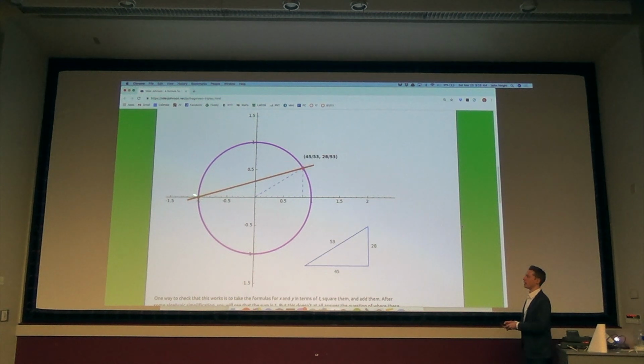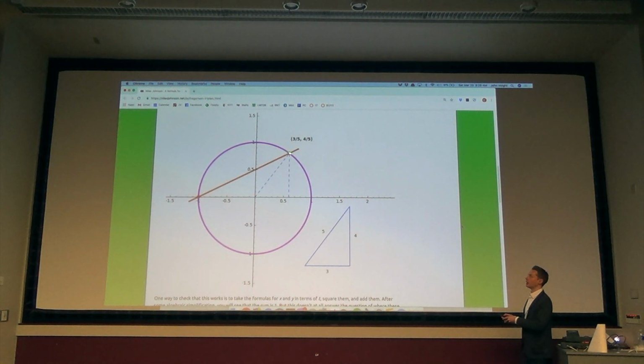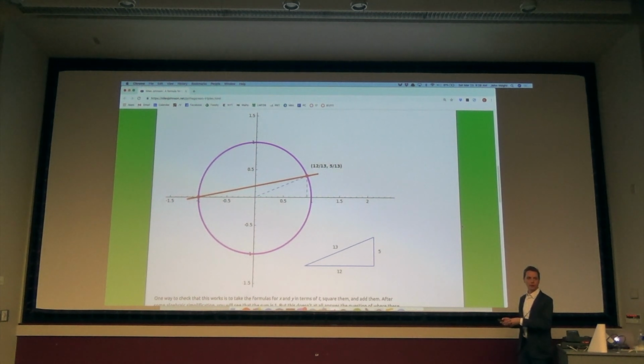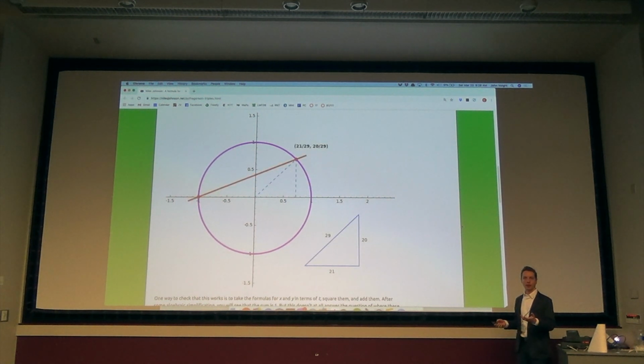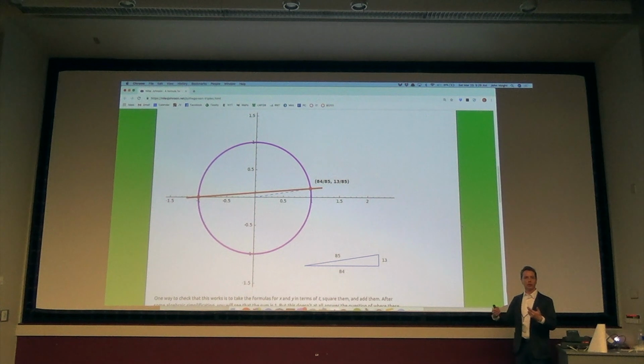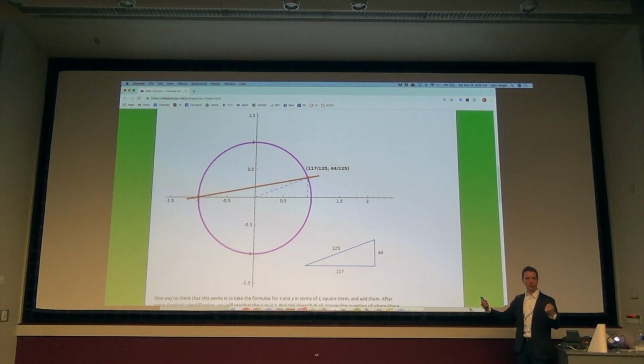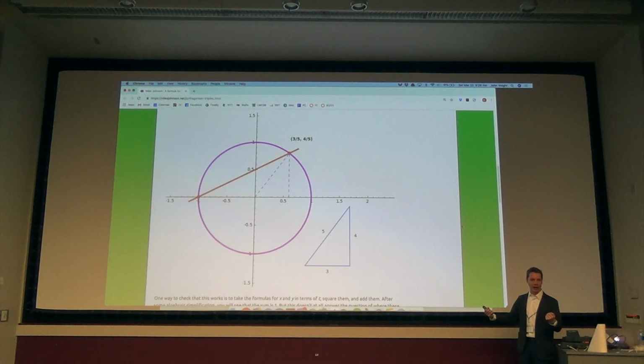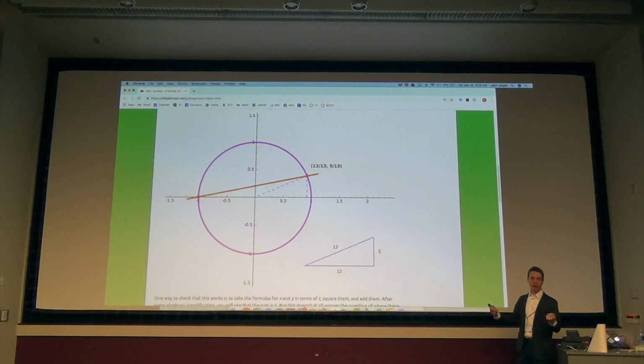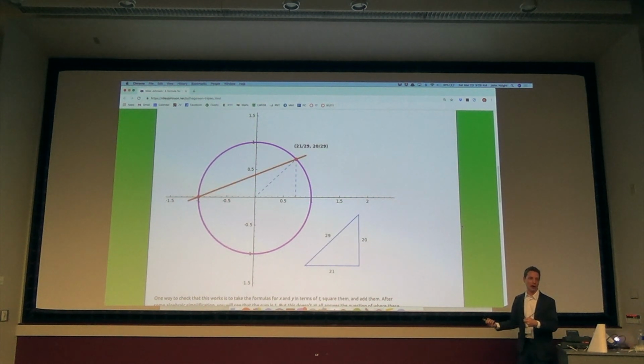Well, all I do is I take my favorite line with rational slope through this point, and that line, like this line, is going to intersect the curve here at another point, and I claim that that point necessarily has rational coordinates. You're seeing them in the examples here, but how would you check that? So I have x squared plus y squared equals 1. I know when I plug in y equals t times (x plus 1), I get an equation that starts in 2 variables, and then becomes an equation just in x. And I have one root, which is x equals -1.